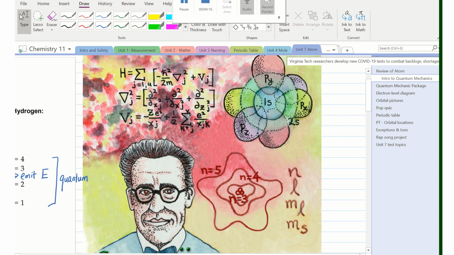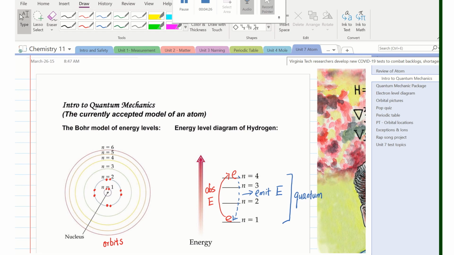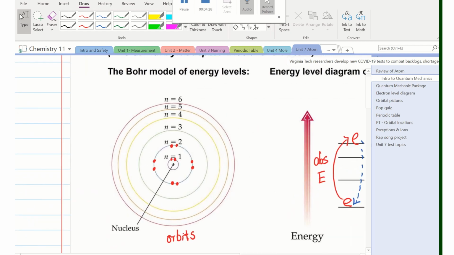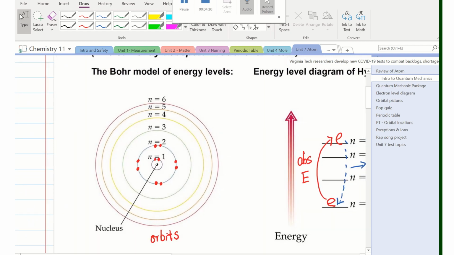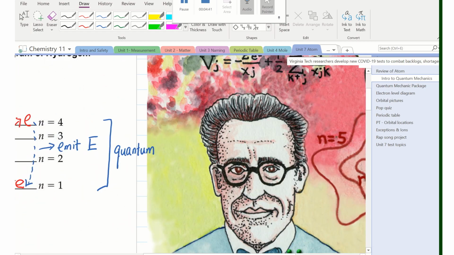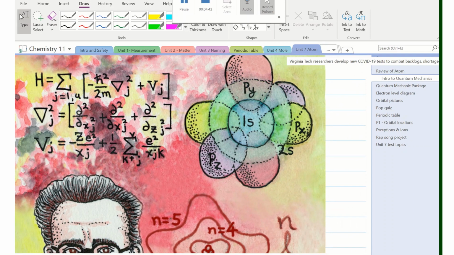So let's get back to the quantum mechanics theory. Last class I introduced this theory. Remember, when you think about an atom, you don't think of it as two-dimensional, only having rings or orbits with electrons going around them. Instead you need to think three-dimensionally, in three-dimensional space, and we call them orbitals.